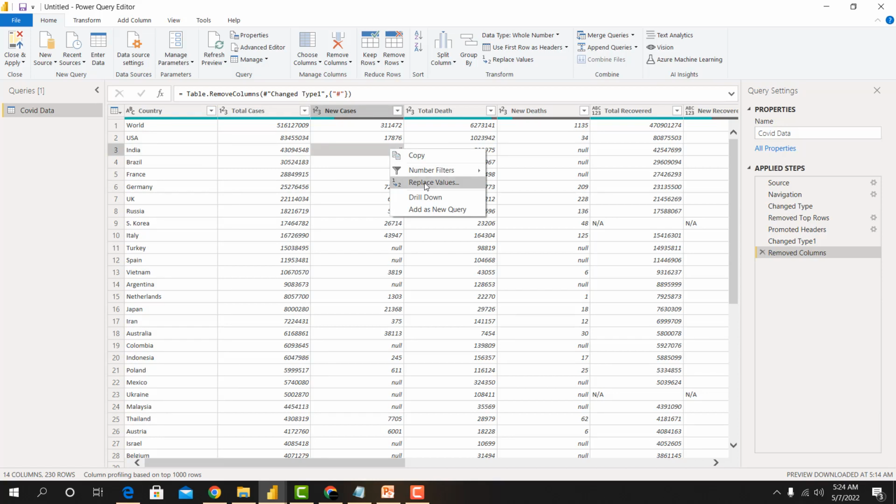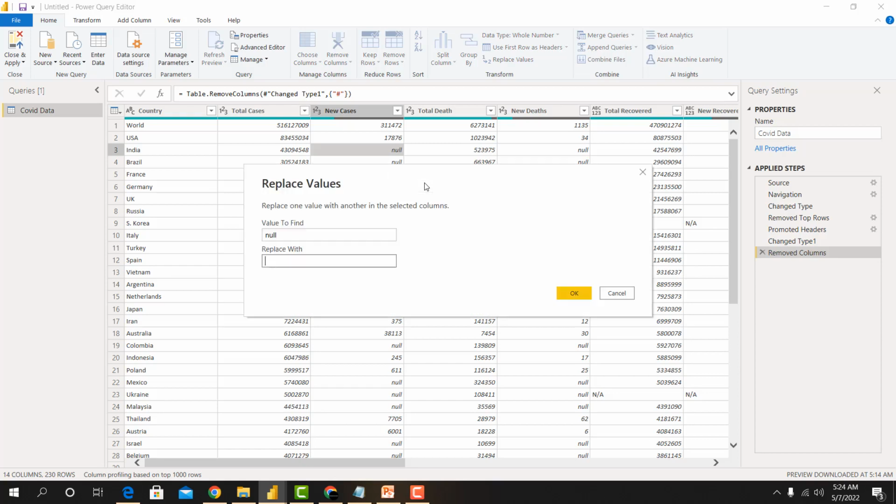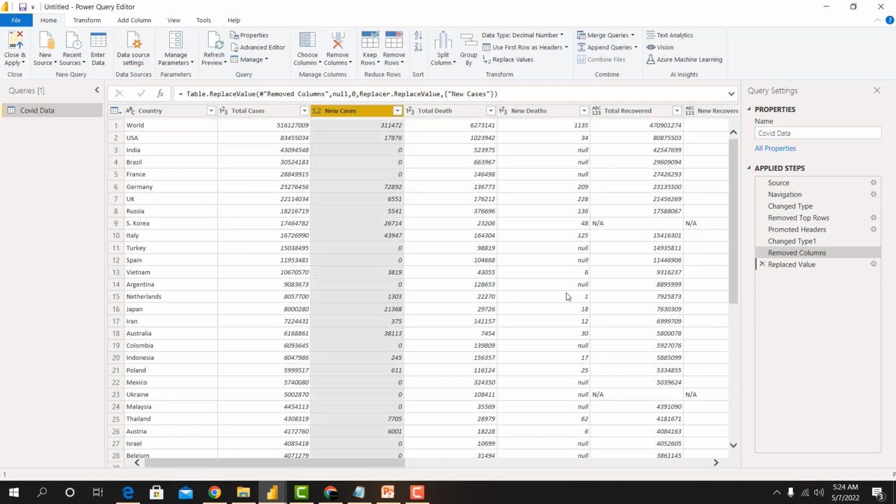That means anywhere Power BI sees null in this particular column, you should replace it with what? 0. So you click on this replace values. So you see the value to find now is null, and replace it with 0. Okay, click on OK. You can see that every null value in this column has been made 0 because no case was recorded on that particular day. So I'll do that